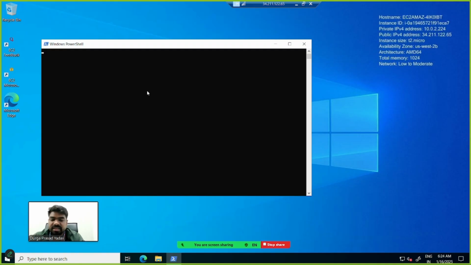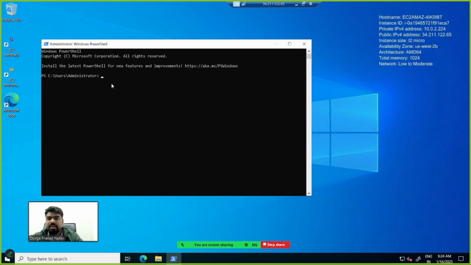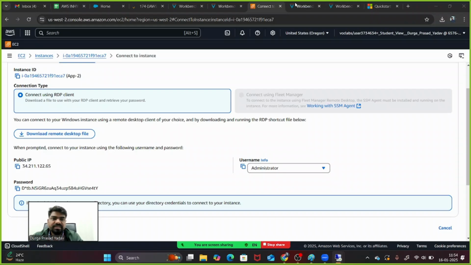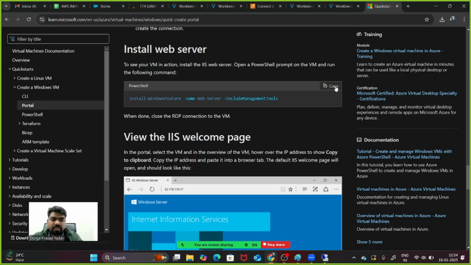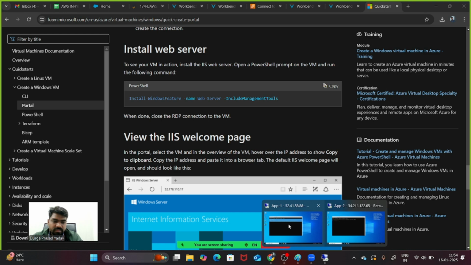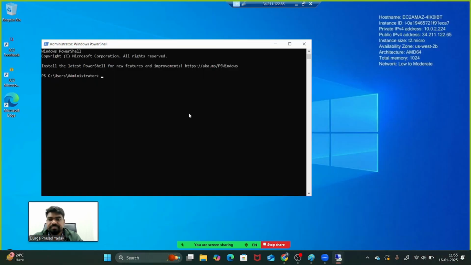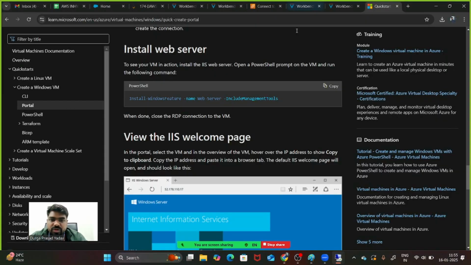This is our second machine, guys. Okay, and here we can again paste. Sorry. We will paste the command to install this one. And here it is installing again. So machine 1, I guess it has been finished. Machine 2 is getting ready to install the IIS.